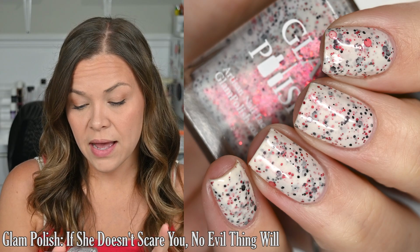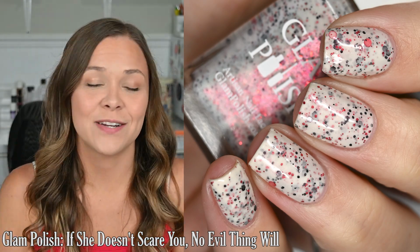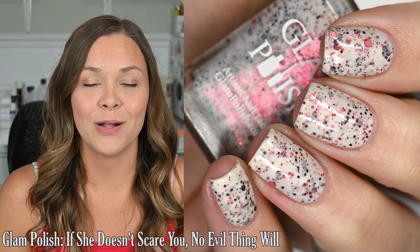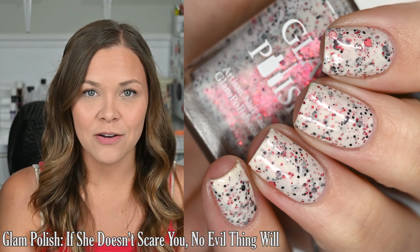And then this one also has black and red glitter. I love me a white crelly. This had a really good formula. I don't touch my Glam polishes nearly as much as I should, mostly because everything is out on shelves here